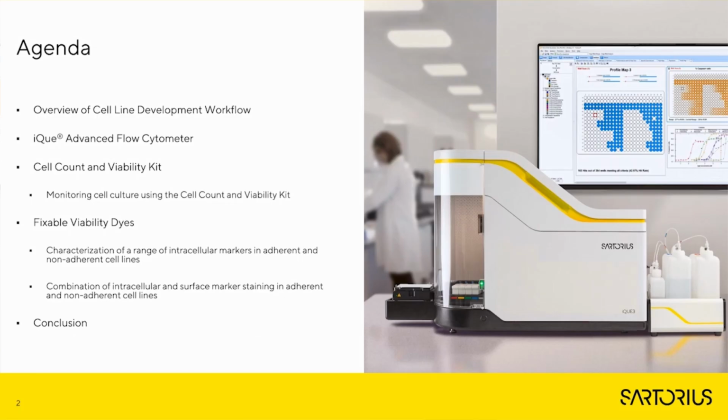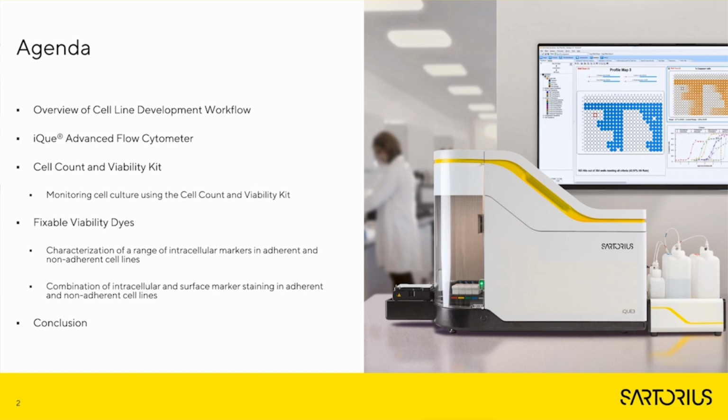So let's begin with the agenda for today. I will start with an overview of cell line development, the actual workflow involved, and then I'll move on to a bit of information about the iQue advanced flow cytometer, which you can see on the right-hand side of the slide there. Then I'll go into a little bit of detail about a couple of the kits you can get for the iQue, starting with the cell count and viability kit, and looking at a couple of case studies